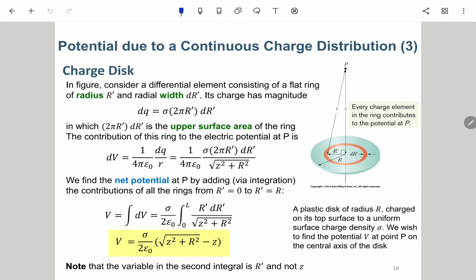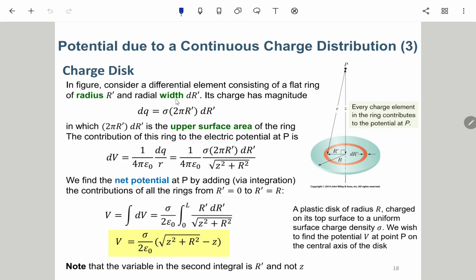But you will find that calculating the potential for this structure along the z-axis is easier than calculating the E field. Because the E field is a vector field, you need to do some decomposition, so it involves some trigonometric functions like cosine of theta or sine of theta. Here, with a charged disk, also in the figure, consider a differential element consisting of a flat ring of